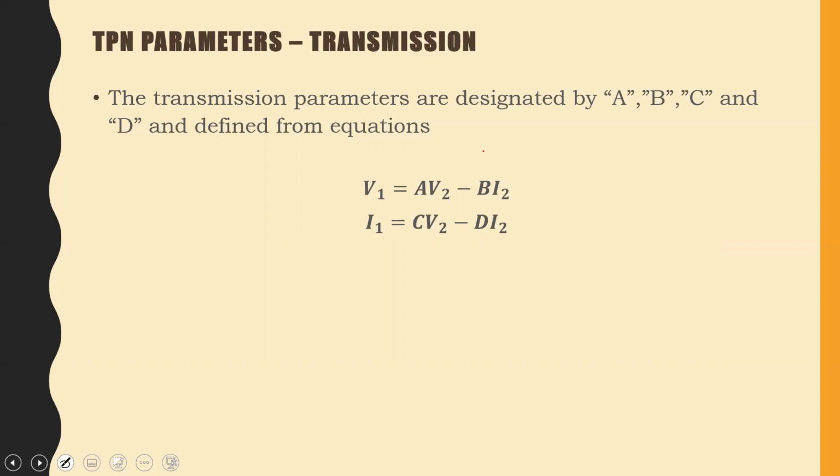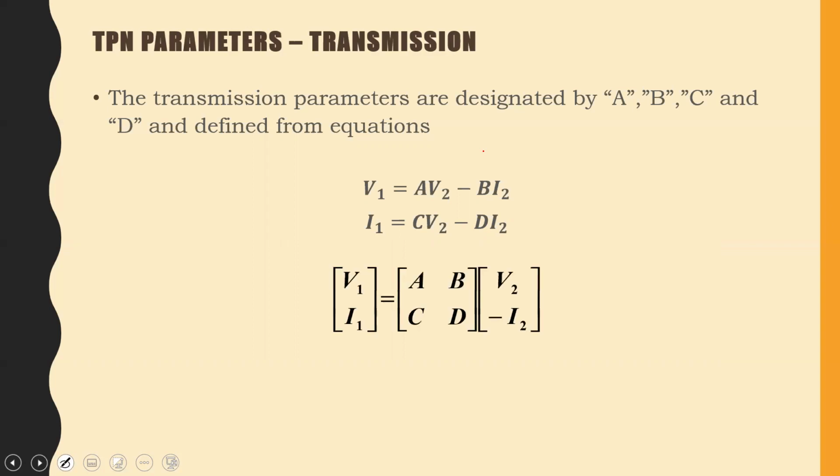In matrix form, we have V1, I1 equal to ABCD times V2, minus I2. Now, I don't want you to get too worked up about what you're seeing with this negative. All this is presenting to us is that when I'm transmitting a signal at the input,